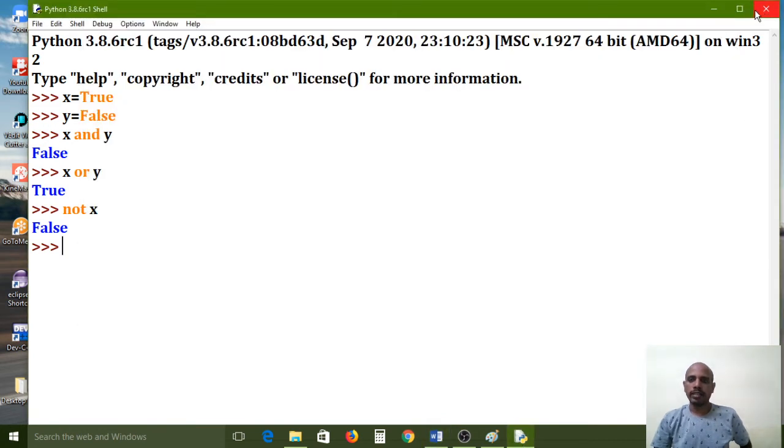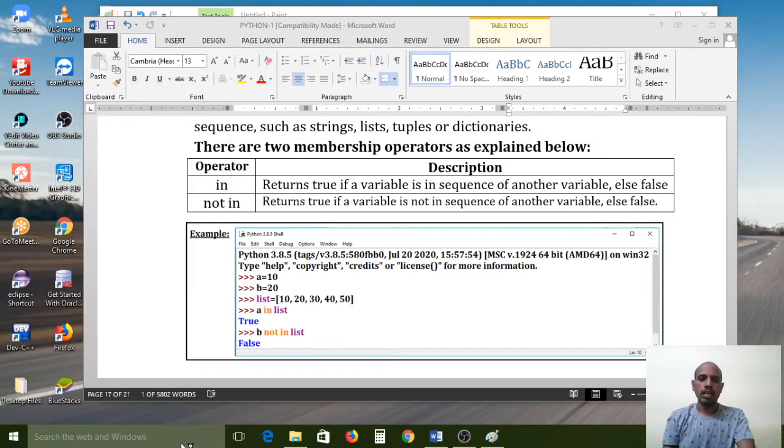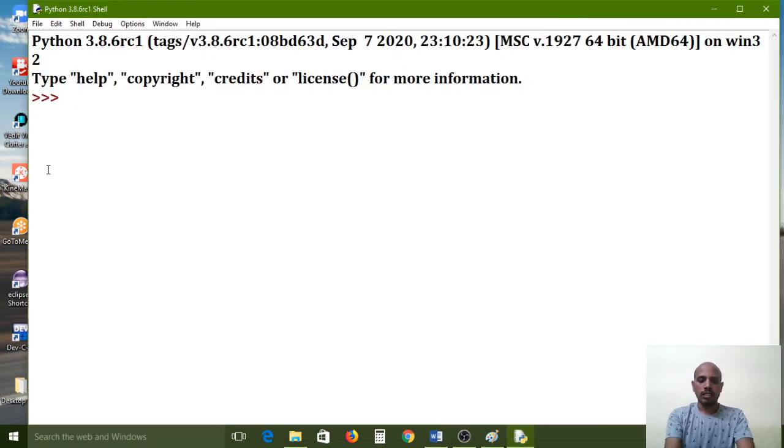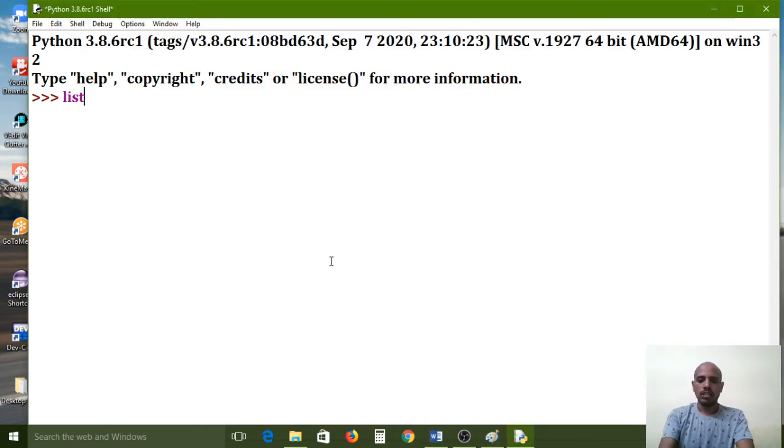First, I am using membership operators. Now I am using IDLE. For that I am using a list containing 10, 20, 30, 40, 50, 60.